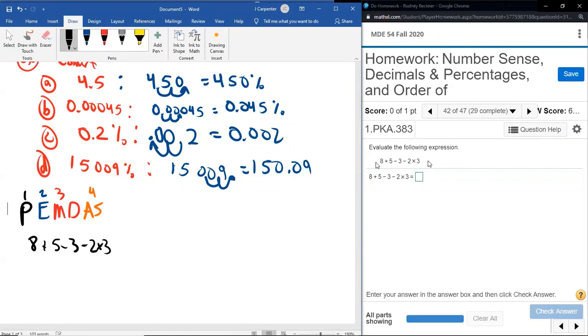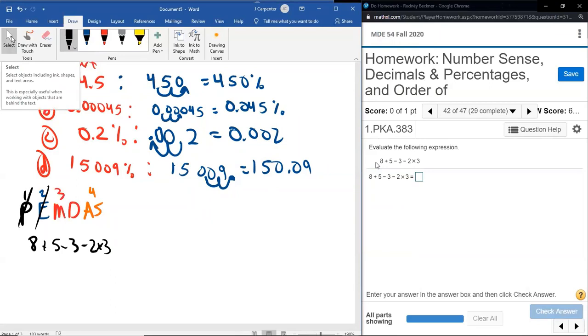I'll stick with their X instead of a dot. So we have an addition, several subtractions, and a multiplication. There are no parentheses, so that step is done. There are no exponents, so that step is done. I'm going to erase those slashes in a second. There is a multiplication. There aren't any divisions, though, so we can't really get that in the wrong order, hopefully.